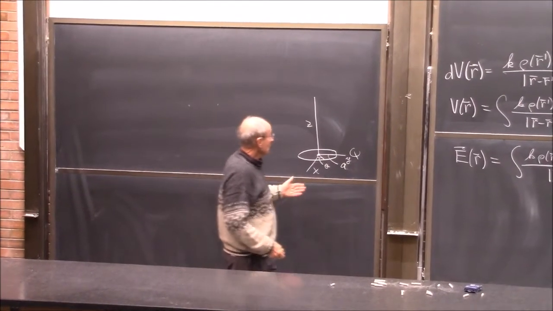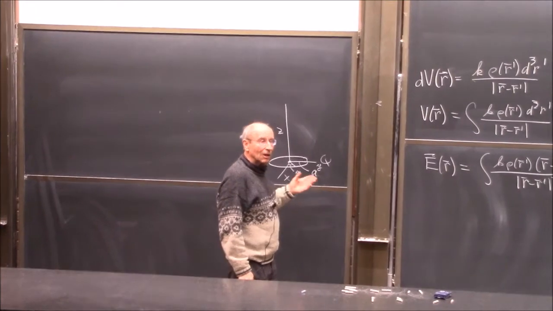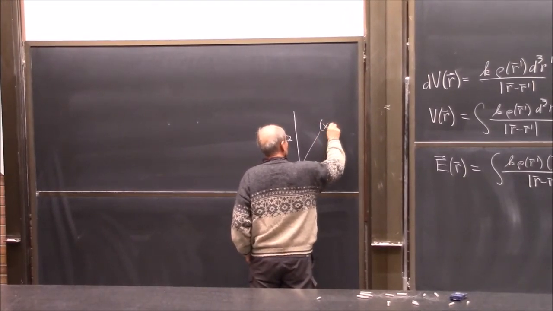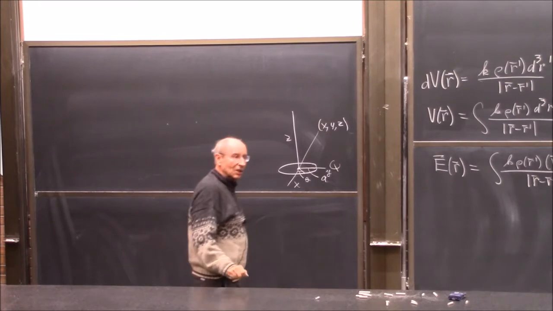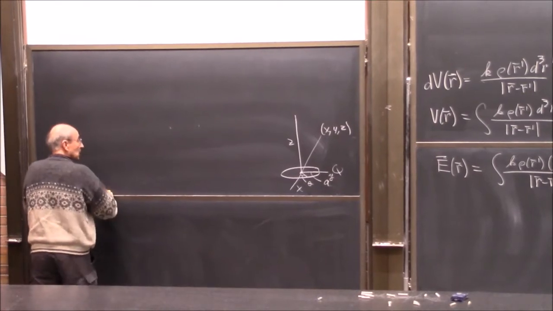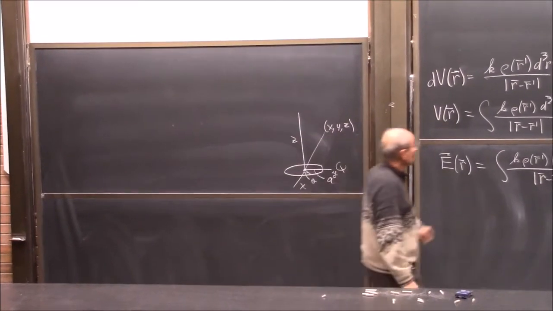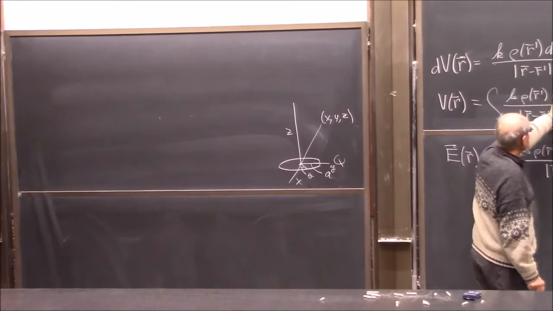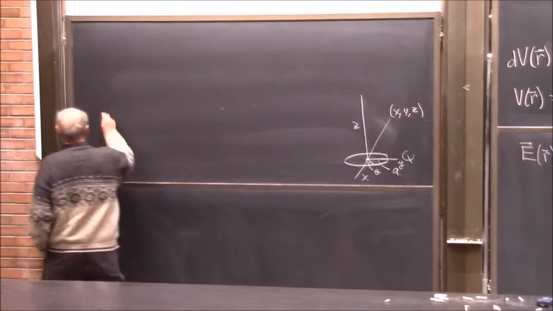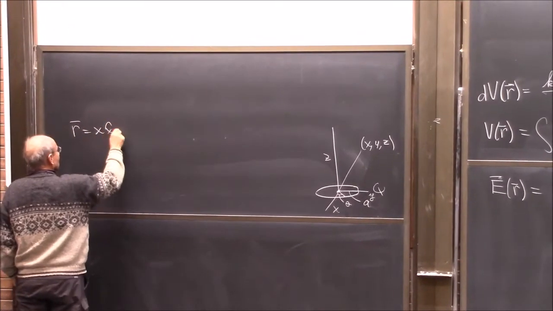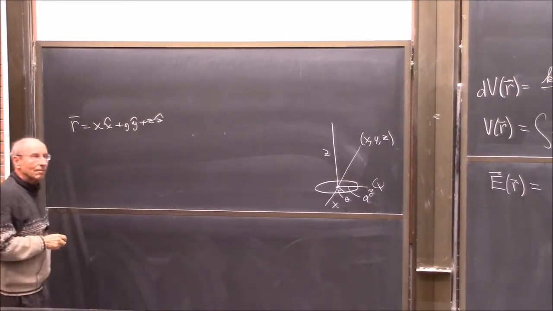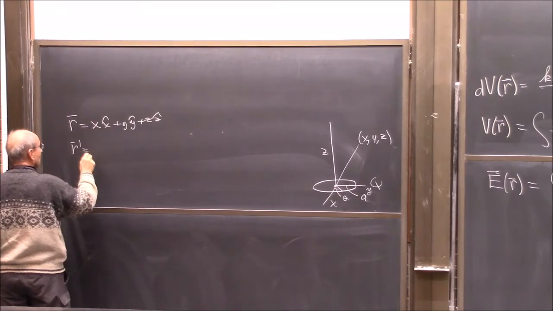Okay? So let's find the voltage at some arbitrary point. So let's go out here and find the voltage at some arbitrary point, x, y, z. Okay? So we need to be able to stick in a value for this, we need this, we need this. Okay? So R is x hat, y hat, z hat. R prime is,